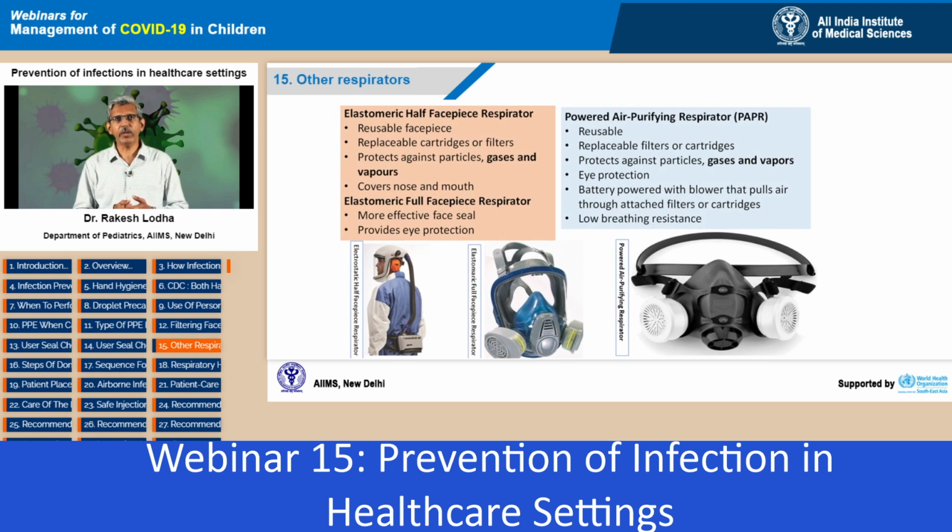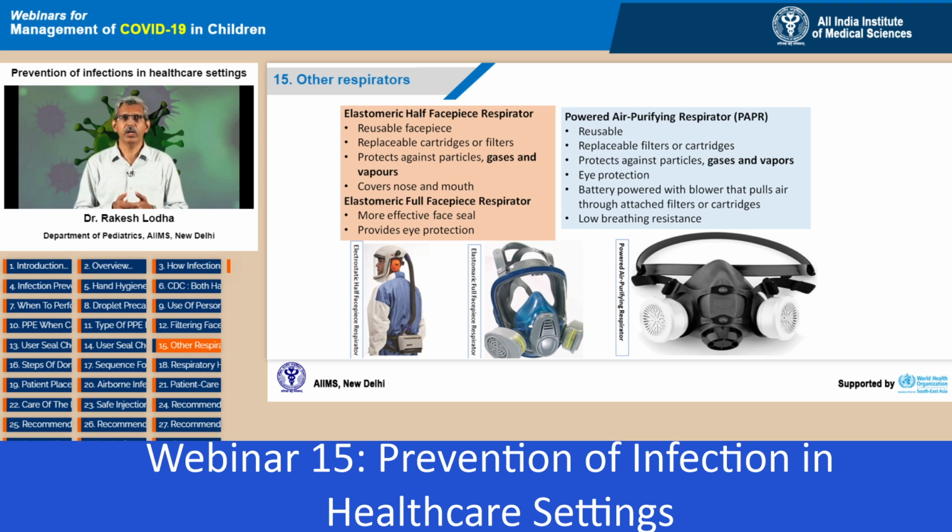Now, the other respirators include elastomeric half piece respirators. These are reusable face piece respirators, while the FFRs that we talked about were disposable single use respirators. They contain replaceable cartridges or filters which protect against particles, gases or vapors depending on the type of filter. These cover the nose and the mouth. The elastomeric full face piece respirators are similar, except that they provide a more effective face seal and provide eye